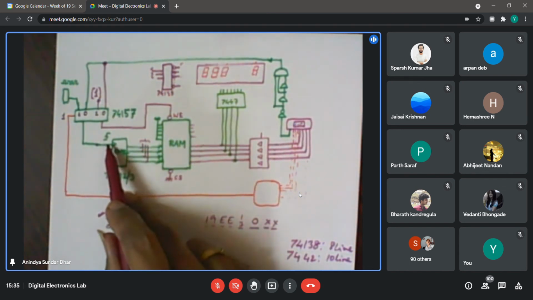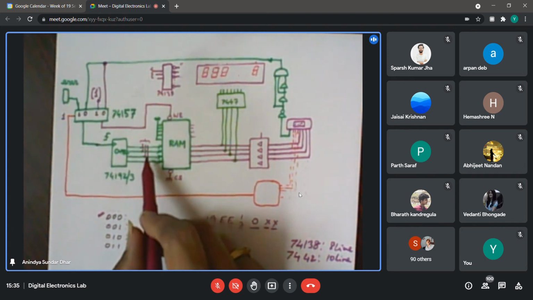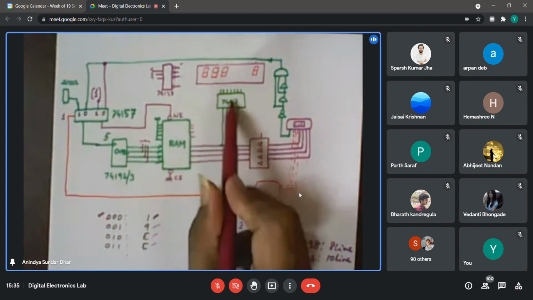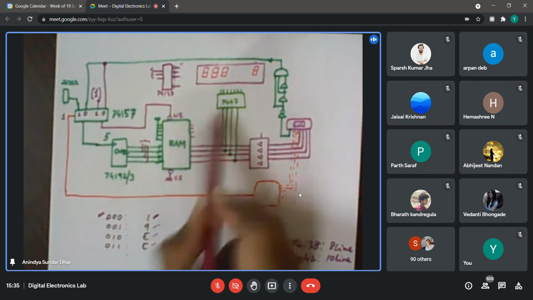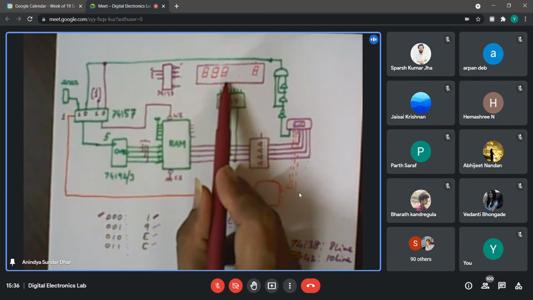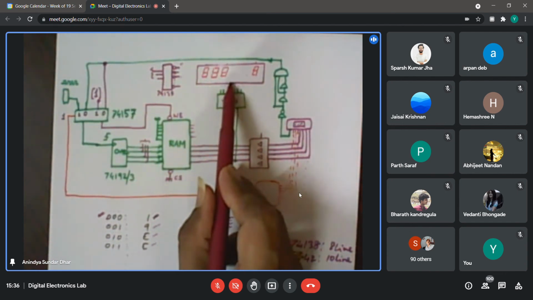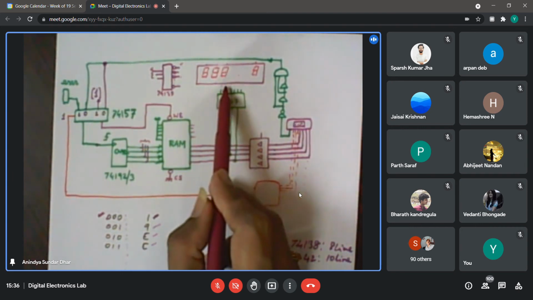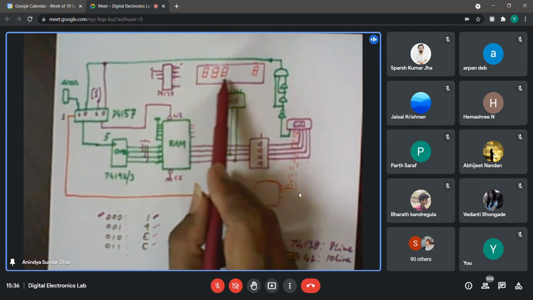I'm not counting from the clock; from the counter, because that is the common point. One side is going to the 74183, where the delay is 1 unit, but this side the delay is 2 units. As a result, this one is getting the new value only after 2 tick time, whereas that particular segment is chosen only after 1 tick time. So there is a common 1 tick time where it is still getting the previous data, so it is getting displayed for that one.